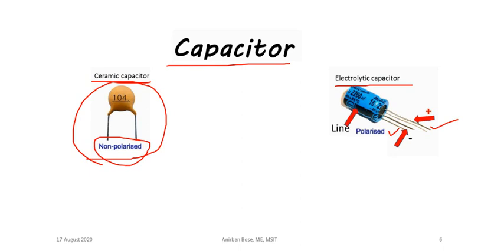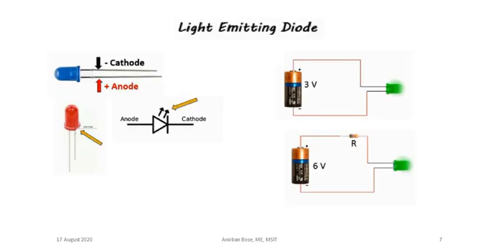And the cathode you can always identify through this black color line. Remember, that is the cathode, and you have to connect it with the negative side of the source. The use of the capacitor, remember, is that a capacitor tries to smoothen the voltage in a circuit. This is the main function of the capacitor, though there are other functions like starting of a motor, but basically we are going to explore this particular application of the capacitor, that it smoothens the voltage.